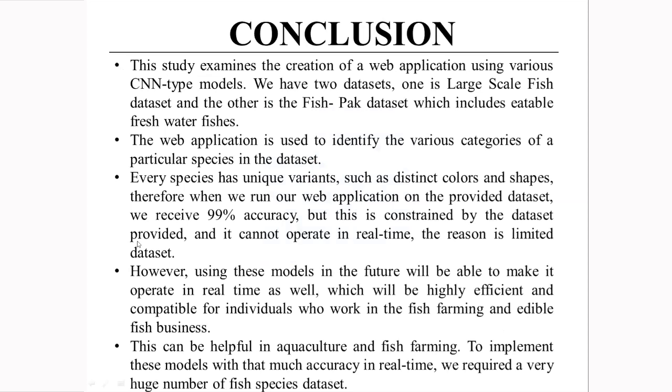Conclusion. This study examines the creation of a web application using various CNN type models. We have 2 datasets. One is the large-scale fish dataset and the other is the fish park dataset, which includes edible freshwater fishes. The web application is used to identify the various categories of a particular species in the dataset. Every species has unique variants such as distinct colors and shapes. Therefore, when we run the application on the provided dataset, we receive 99% accuracy, but this is constrained by the